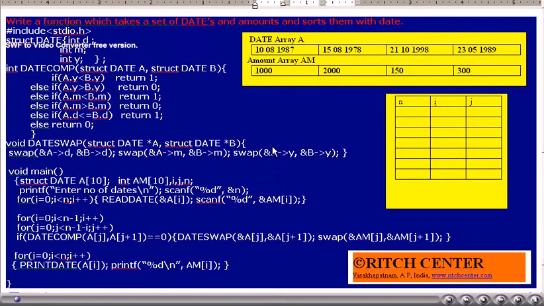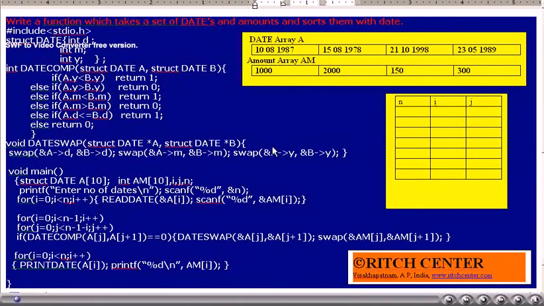The main objective of this program is to read a set of dates and transaction amounts and then sort these details in conjunction with dates, that is, in chronological order, so that the amounts are sorted as well. For this purpose we have written a function known as date compare, which is already discussed in the previous example,